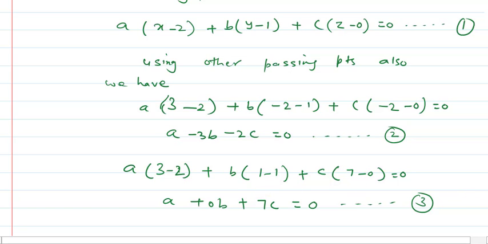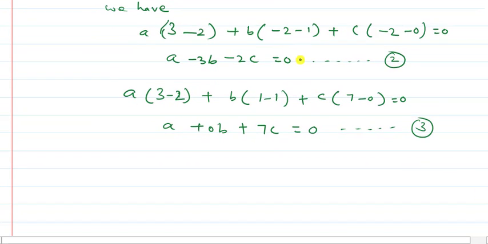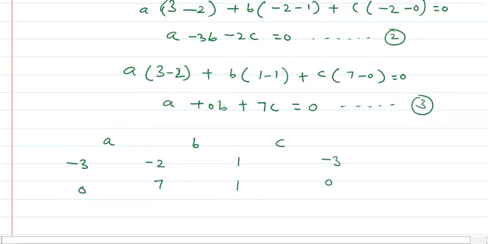Let us use cross multiplication method to solve equation number 2 and equation number 3. And it is same as we have used in 10th class. First of all, let us write a, b and c over here. And as in 10th class you have used, that we'll start with coefficient of b. So it is -3, 0. Then taking coefficient of c, that is 0, 7. Then we'll come to coefficient of a, and then again let us write coefficient of b.